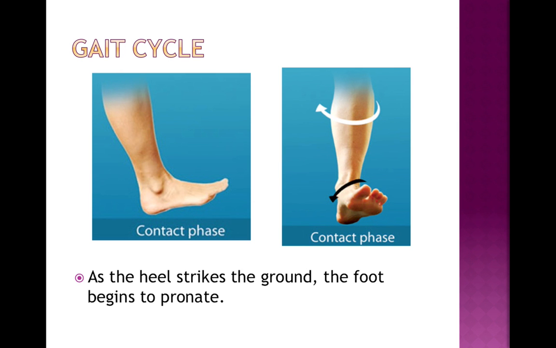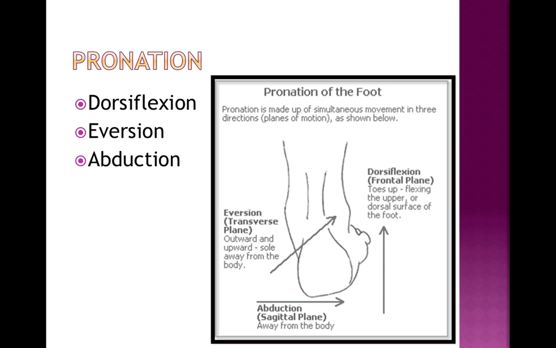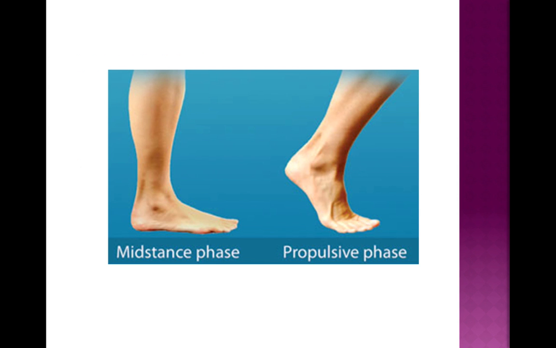As I previously mentioned, the plantar fascia acts as a shock absorber during the weight-bearing phase of the gait cycle. During contact, the heel strikes the ground and the tibia turns inward as the foot begins to pronate. Pronation consists of the movements dorsiflexion, eversion, and abduction. As the foot pronates and continues into the rest of the stance phase, the arch begins to drop and stretches